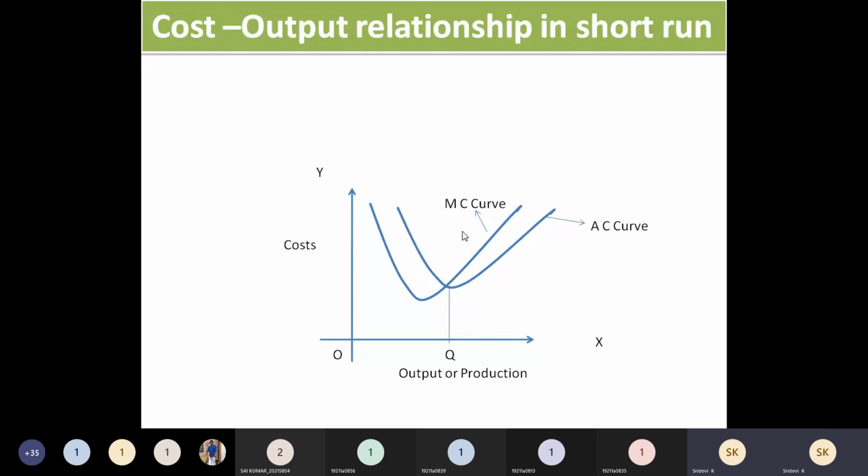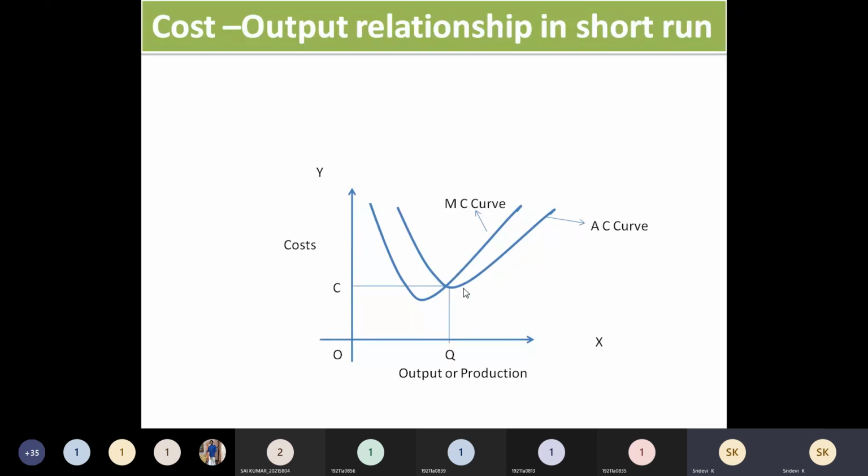This will indicate the optimum cost and the optimum production. Where the marginal cost curve and the average cost curve intersect at this point, slightly moved here, you take up to where both are intersecting and draw this line here, which indicates the quantity of output required by the company. If production increases more than this quantity, automatically the cost will increase, because both marginal cost and average cost are increasing now.